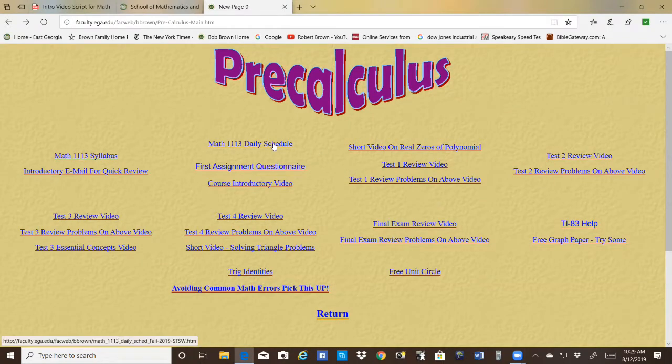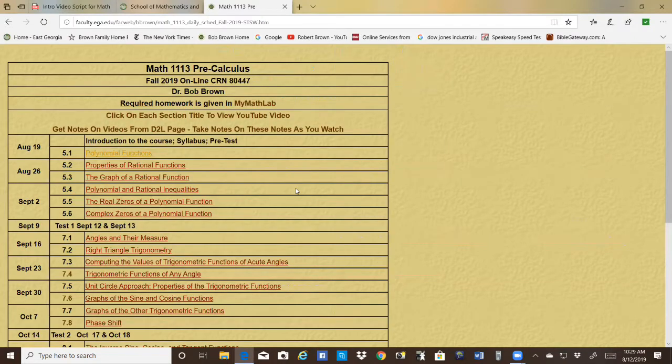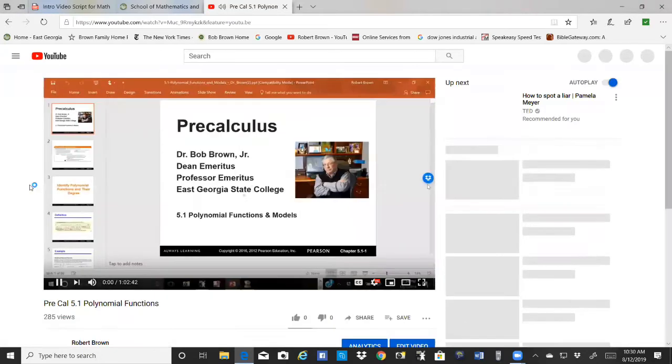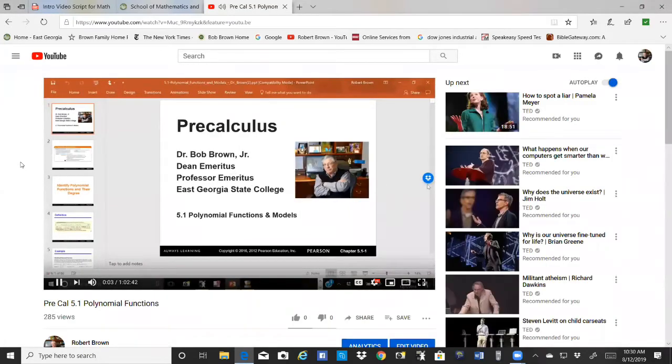Now, for the daily schedule, be sure to print this out and put this in your calendar, because these are the things you're going to have to do every week. And for instance, August 19th, you would click on chapter 5.1, polynomial functions, and that will take you to a YouTube video. Usually these videos are much less than an hour, but this first one is an hour. First section of our